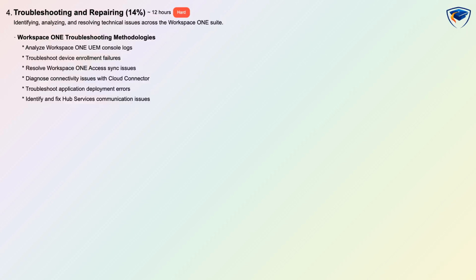Troubleshooting and repairing makes up 14% and concentrates on identifying, analyzing, and resolving technical issues across the Workspace 1 suite. Difficulty is hard with roughly 12 hours of learning and scenario-based assessment. You will analyze Workspace 1 UEM console logs, troubleshoot device enrollment failures, and resolve Workspace 1 access synchronization issues. The domain also covers diagnosing connectivity problems with Cloud Connector, troubleshooting application deployment errors, and identifying and fixing hub services